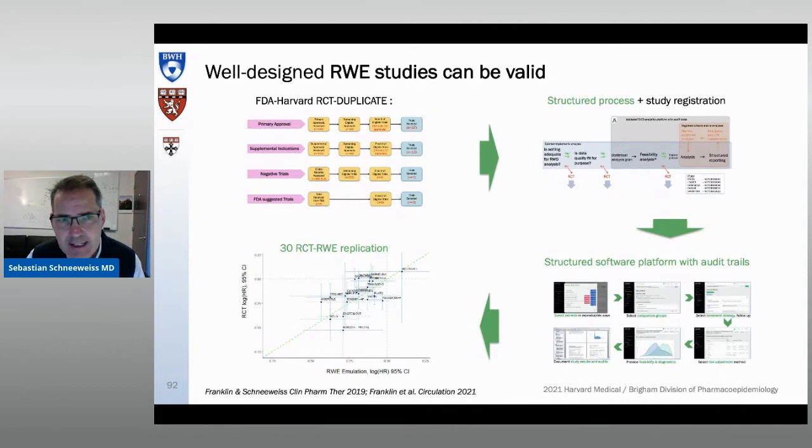And we try to emulate those randomized trials with the claims data and see whether we can come to the same conclusion. There we have developed a structured process of how to do this in a very transparent way, where we can share the data analytic environment with the stakeholder, with the FDA. We have an analytic platform that is most transparent and allows audit trails to check who did what when. Was there peeking at the results and then the analytic strategy was changed because we didn't like the results? All that can now be audited.